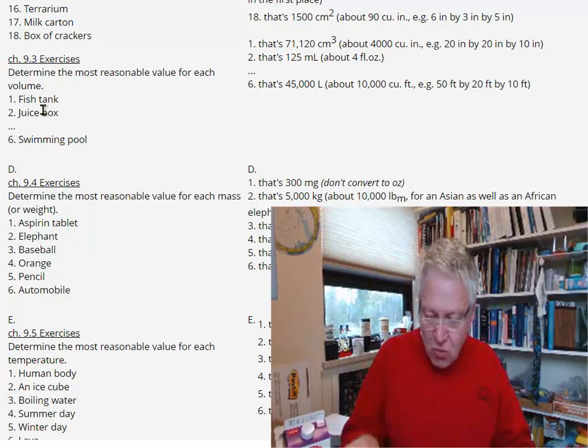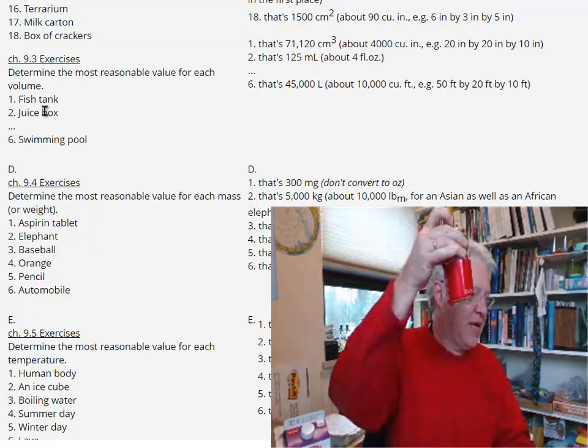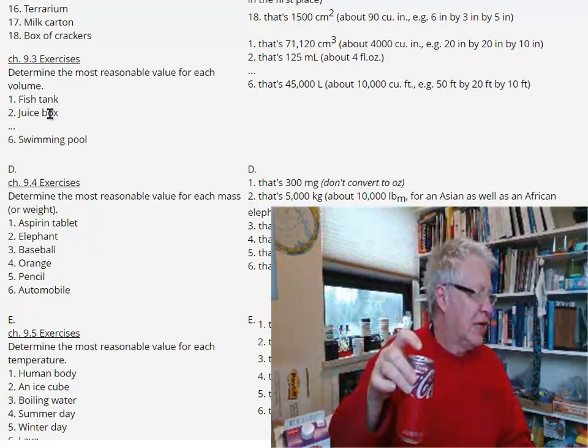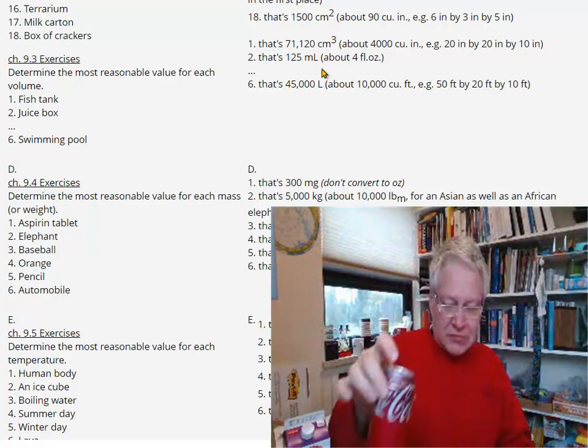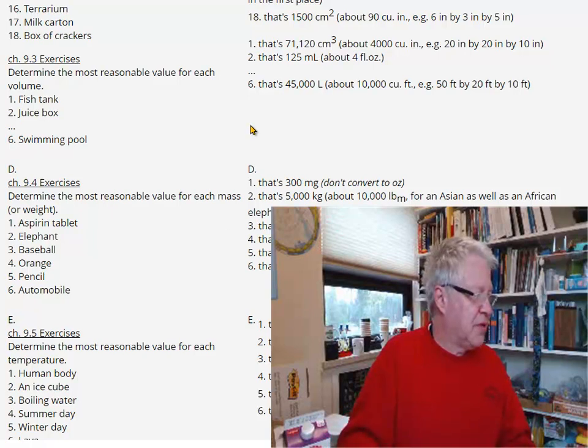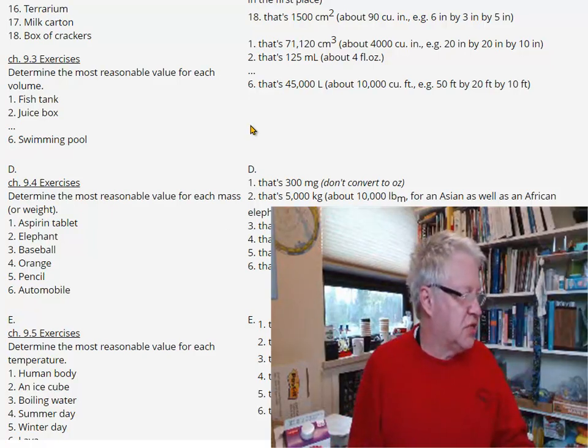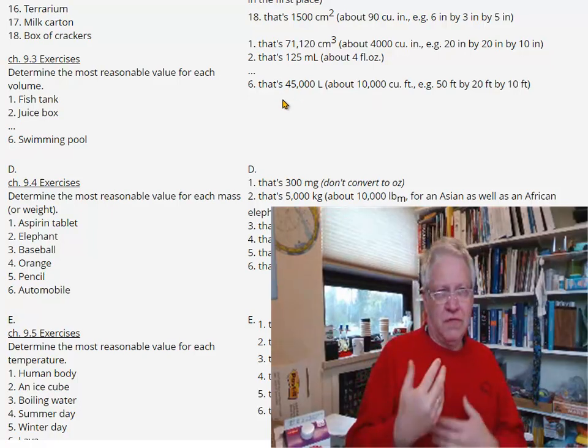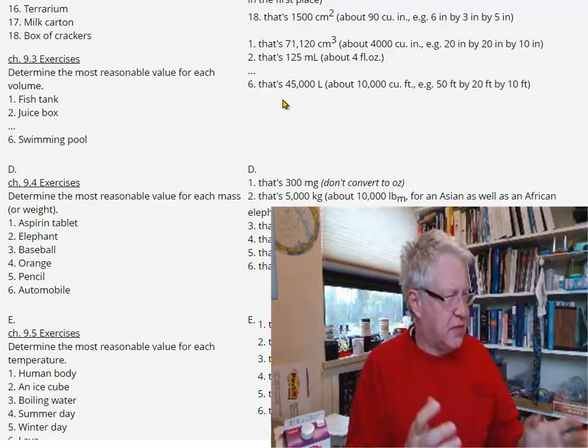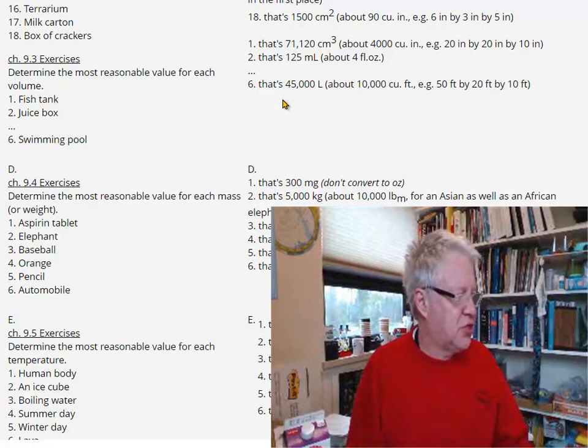The juice box, even smaller than my can here. Again, I don't have the juice box here. 125 milliliters. And a swimming pool, 45,000 liters. So if you convert that to cubic feet, I think there was a conversion of 30 or 40, so I'm dividing by 40 and rounding down, 10,000 cubic feet, because then I can fit these 3 numbers nicely in there,